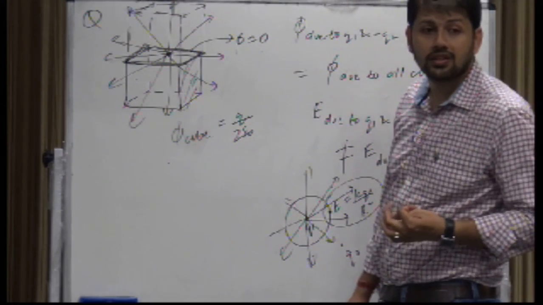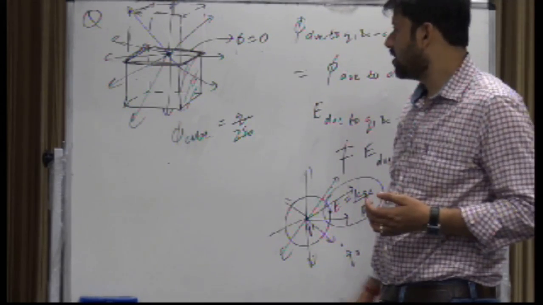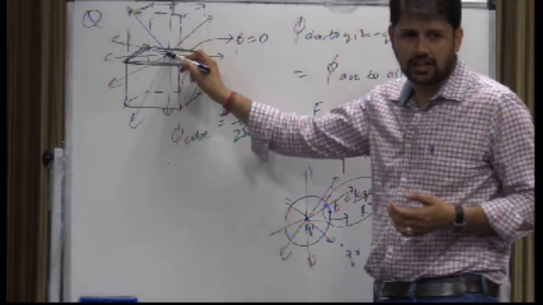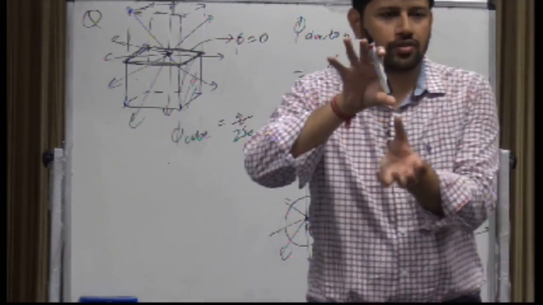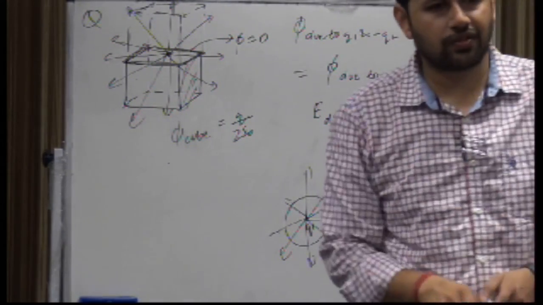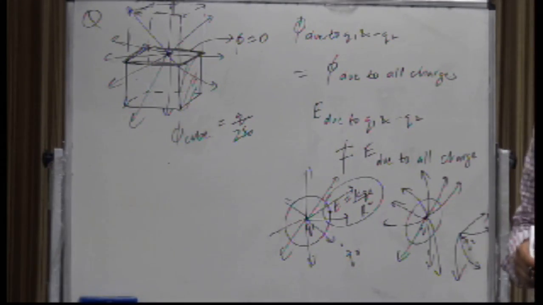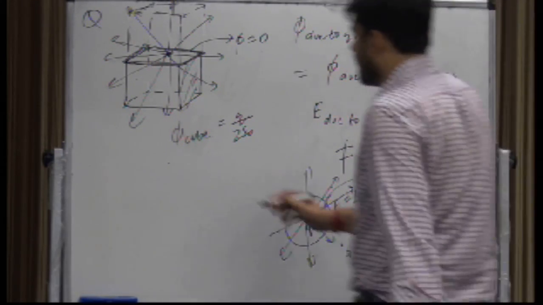How is it? Same charge shared by 2 cubes. So for one cube, half charge is available. For the other cube, another half is available, right? What if I